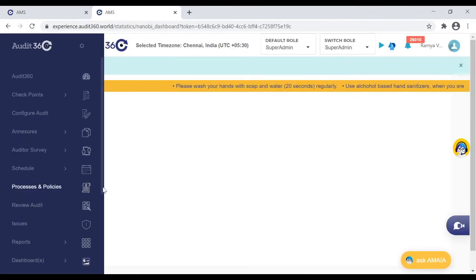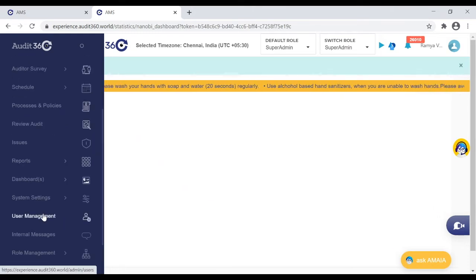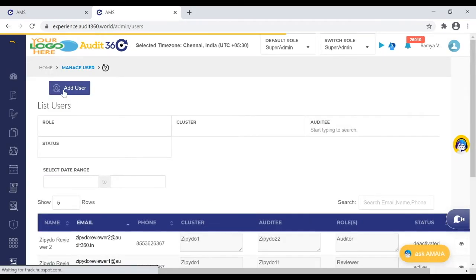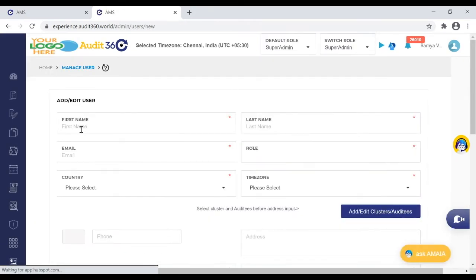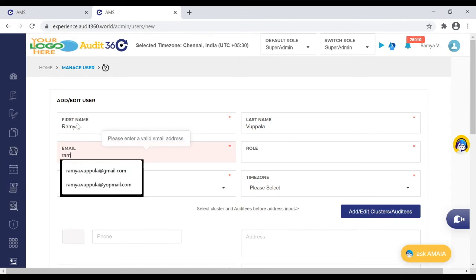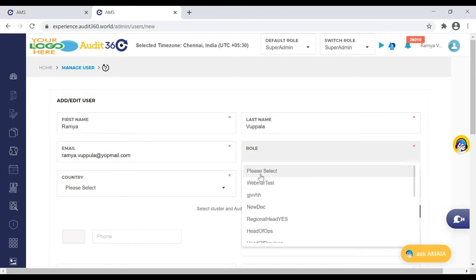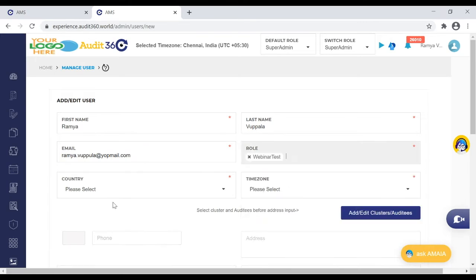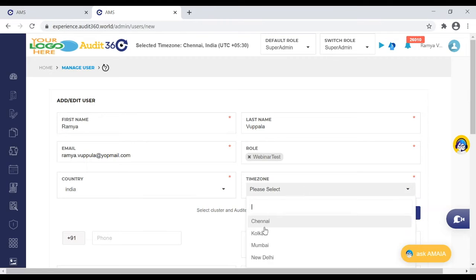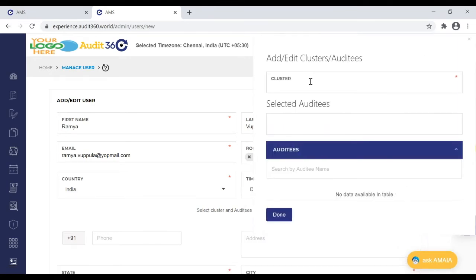I'm coming to the user management again. Adding a name here. Selecting India. And once you select the country, you can then go to add and edit cluster.